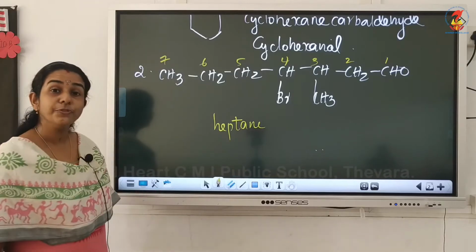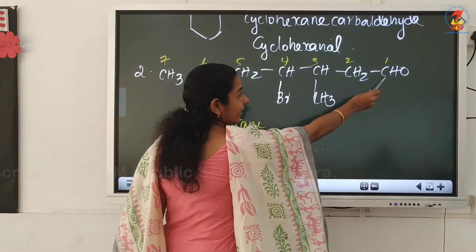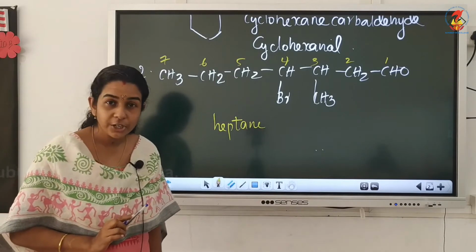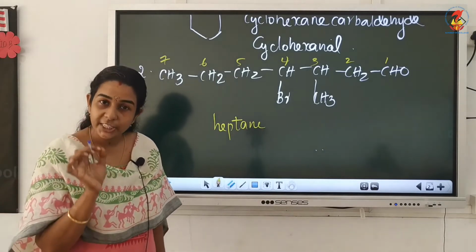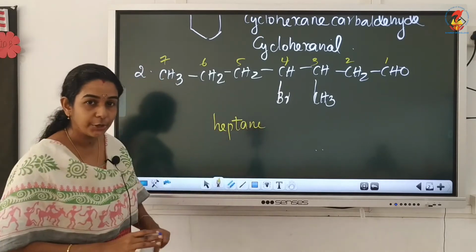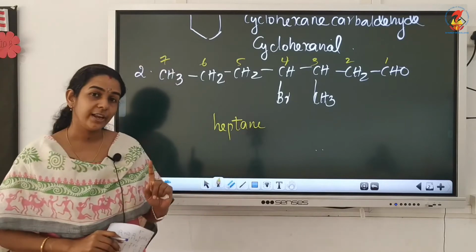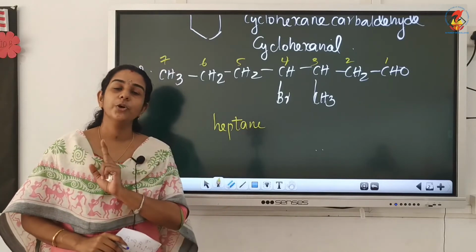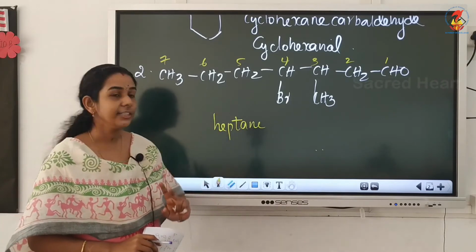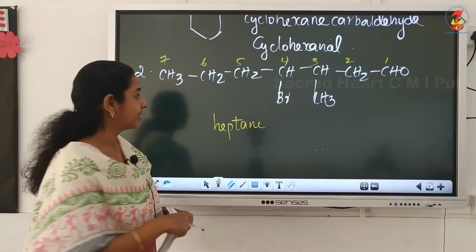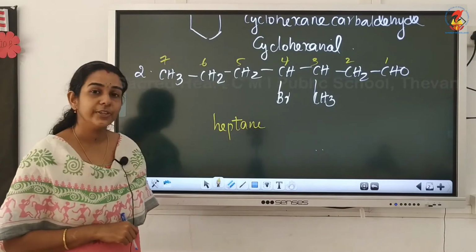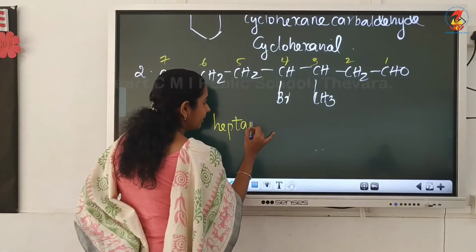Now see what functional groups are present here. One is aldehyde, one is bromine, and there is one methyl group that is not a functional group, that is only a substituent or branch, isn't it? So here we have only two functional groups. One is bromine. As we know, halogens will never come as suffix, they will go as prefixes only. Then the only other functional group is aldehyde, so definitely that will go as suffix. What is the suffix for aldehyde? It is al, and how are we writing the suffix? By removing the last e.